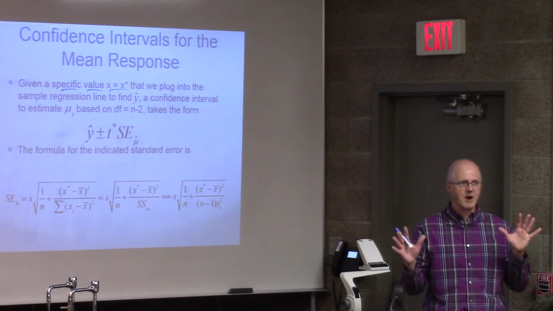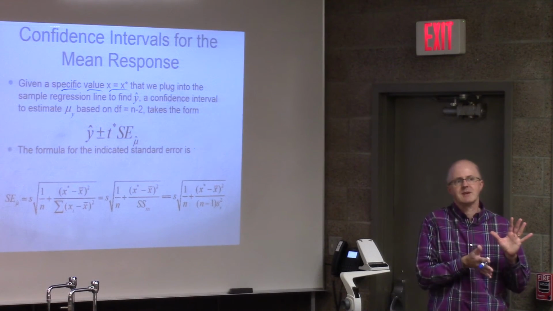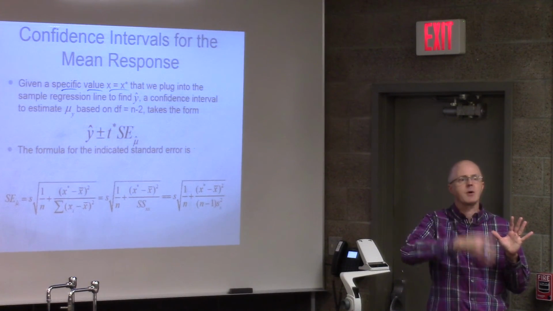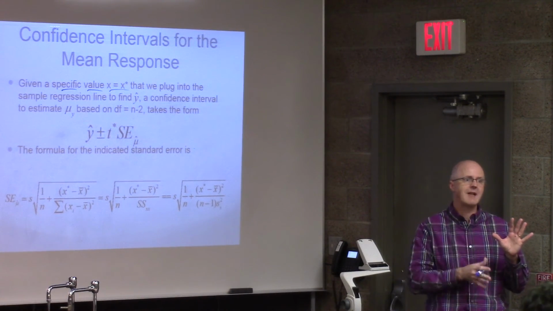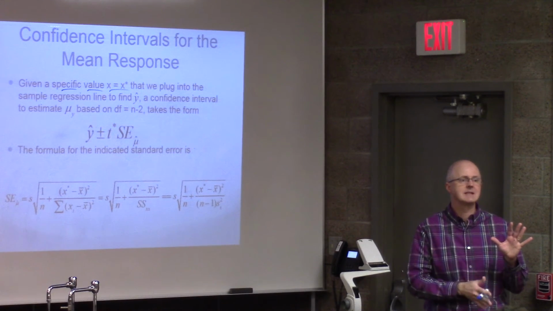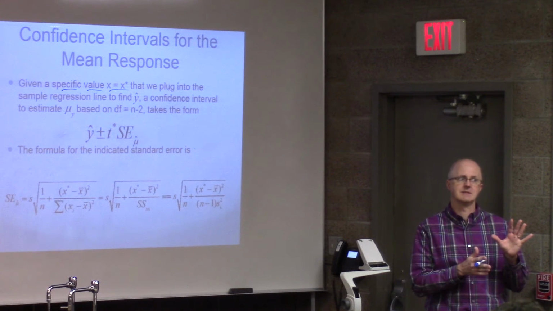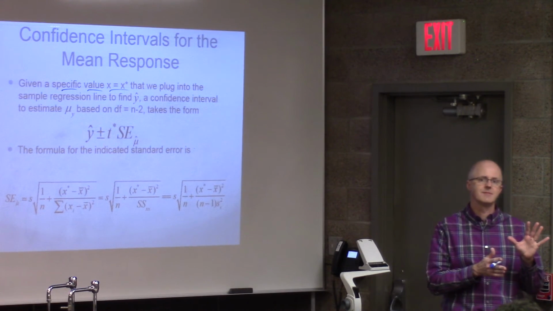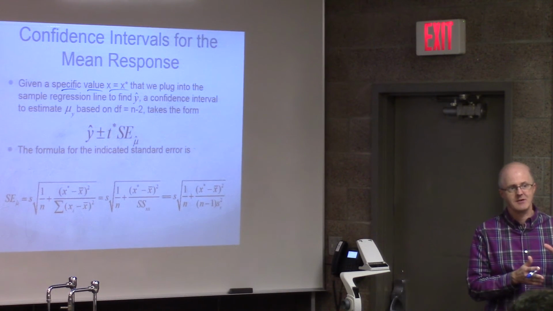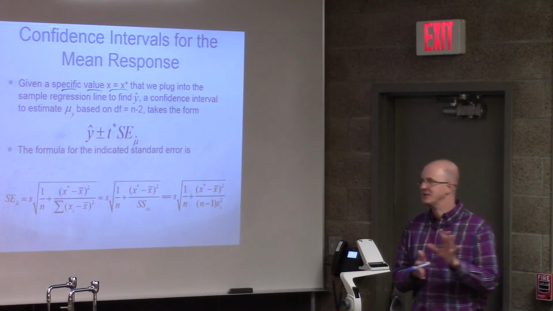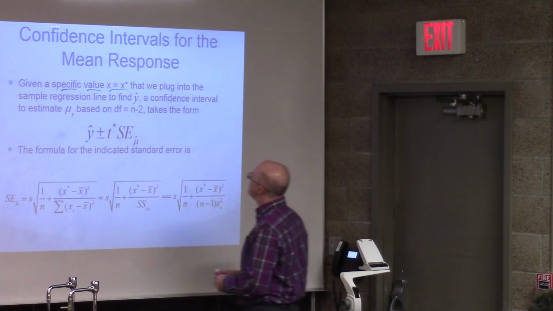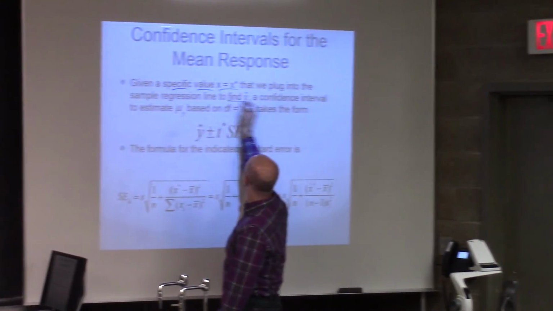We've got a regression problem. We pick a certain value of x that we'd like to know information about the corresponding y's for that value of x. We call that value of x x star. You are typically told what x star is in the problem, though they might not label it with an x star. It's the value of x you're thinking about. We plug that number into the sample regression line and find y hat,